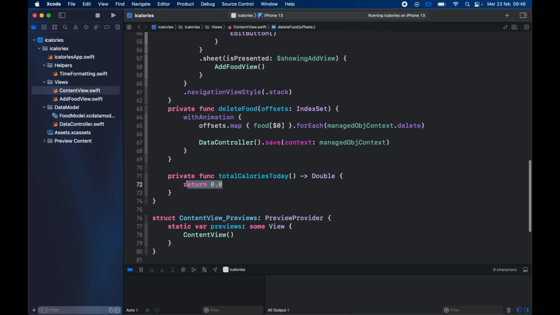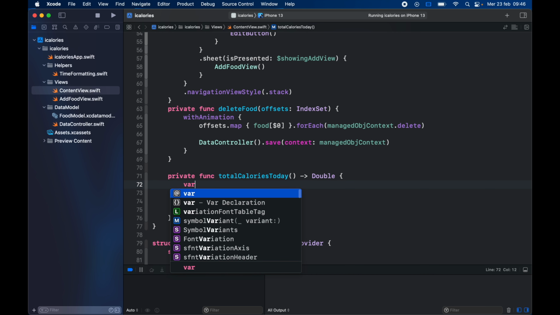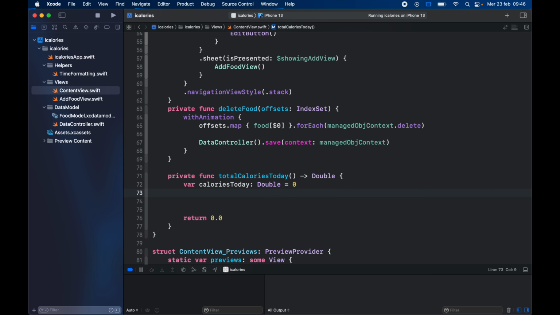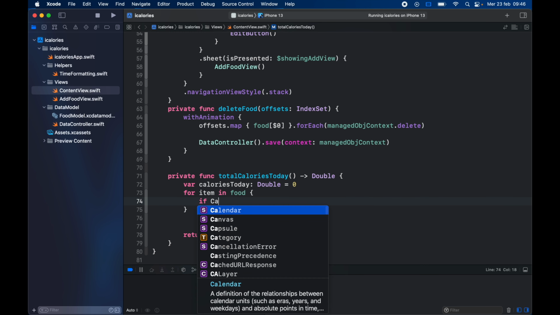And finally, let's go ahead and fix the total calorie count. So inside here, to start, we're going to type in var caloriesToday. It's going to be of type Double, and it's going to equal 0 initially. Then for item in food, if Calendar